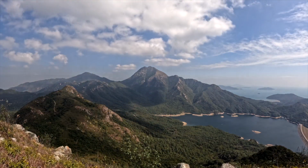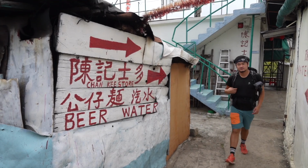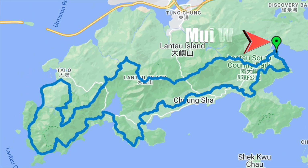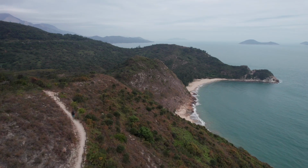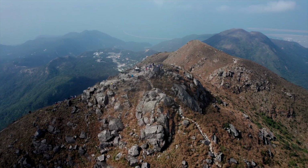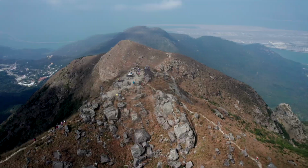With 70 kilometres of stunning trail across Hong Kong's biggest island, this one should be on any hiker's bucket list. It starts and finishes in Mui Wo with a loop, taking in two of the city's tallest peaks. Added to that, a stilted village, lots of culture and history, and of course the region's longest beaches. Split over 12 sections, it's very much a trail of two halves, the first being very mountainous and the second